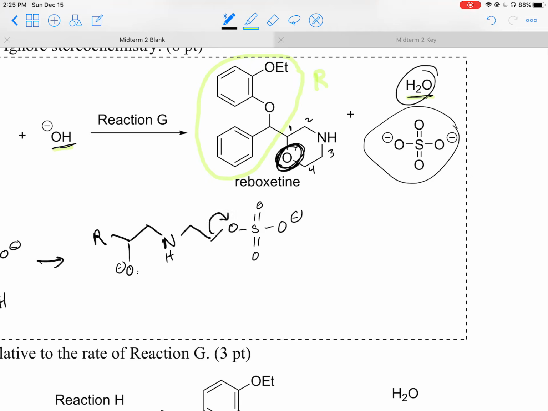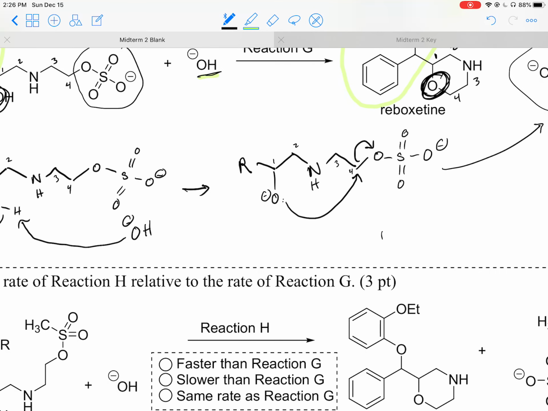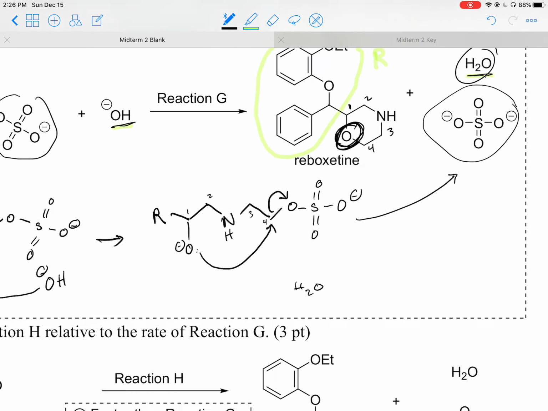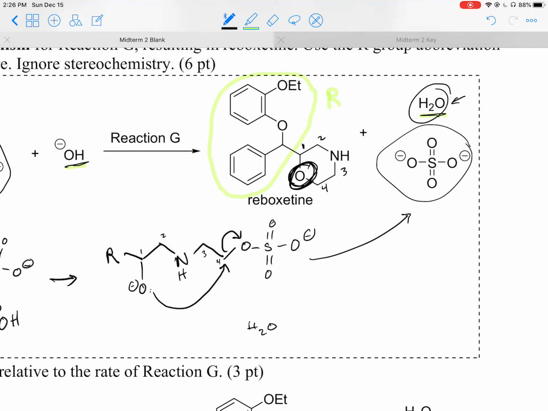So let's make that leaving group leave, and this oxygen can attack that carbon number 4. Let's label them 1, 2, 3, 4. And then as you can see, we're going to end up with that going to that. We already have water here. That's the other material here. And then what will happen when this oxygen attacks carbon 4? Well, we're going to have